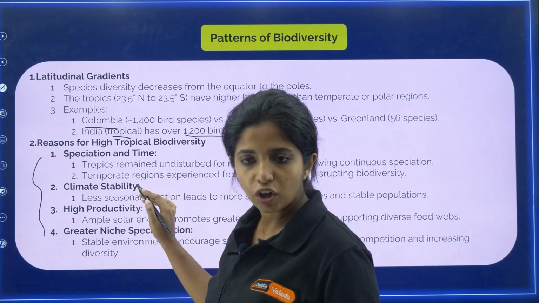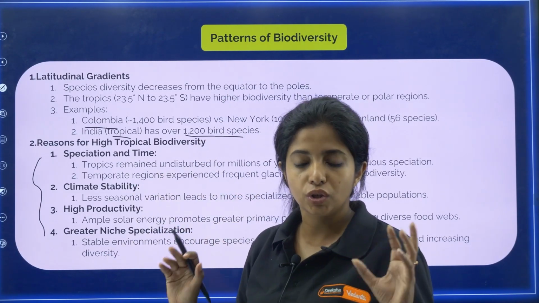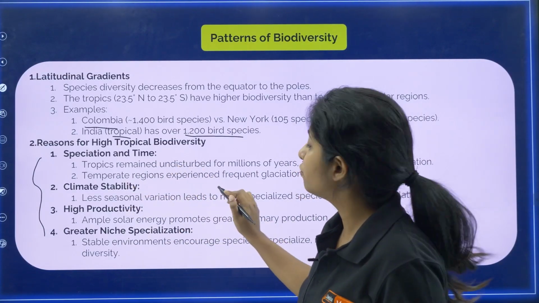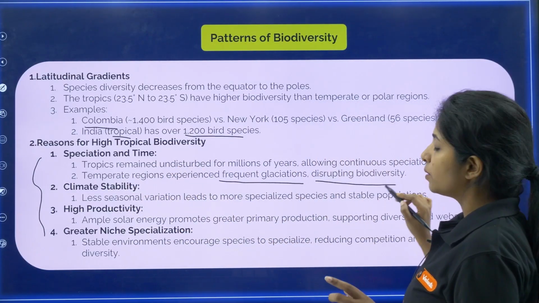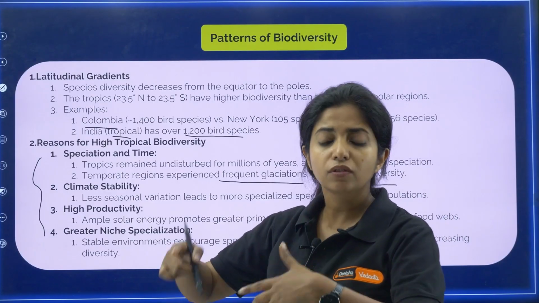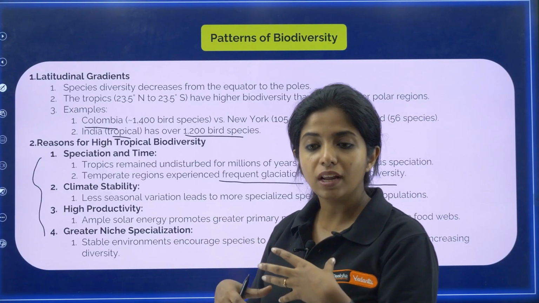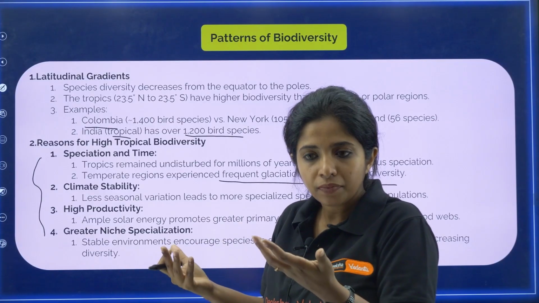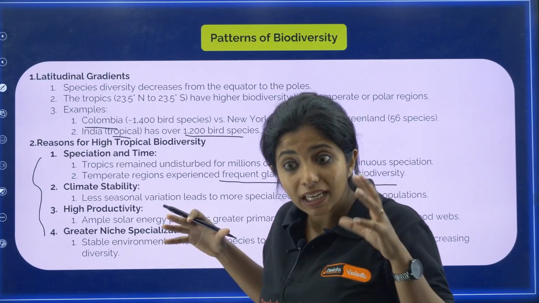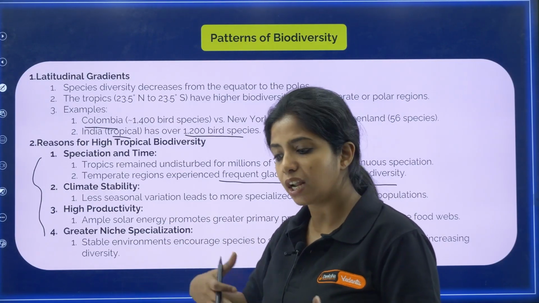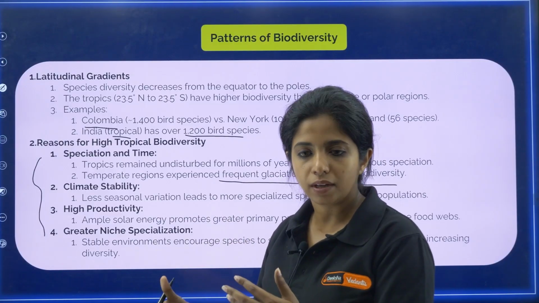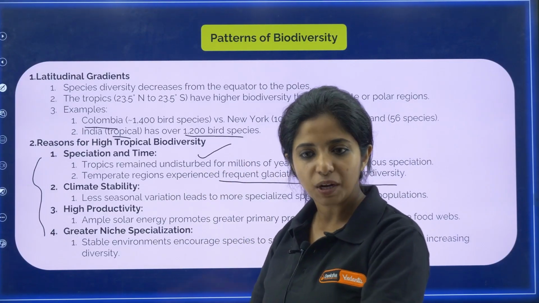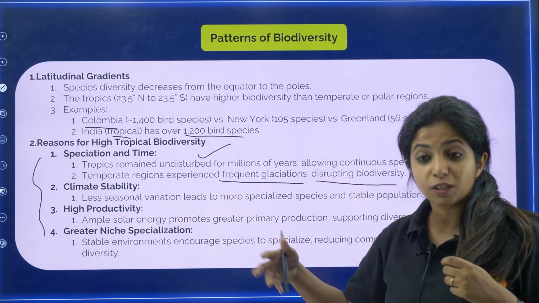The tropics are going to remain undisturbed for a long time. When I talk about temperate regions, there will be frequent glaciations, disrupting biodiversity, my dear children. Because of these frequent glaciations, disturbance is happening. So do you think speciation can happen? Do you think a variety of species can form? It needs time, but it's not getting the time. Every time it is getting settled in, there are some changes happening. So tropics remain comparatively undisturbed, whereas temperates experience